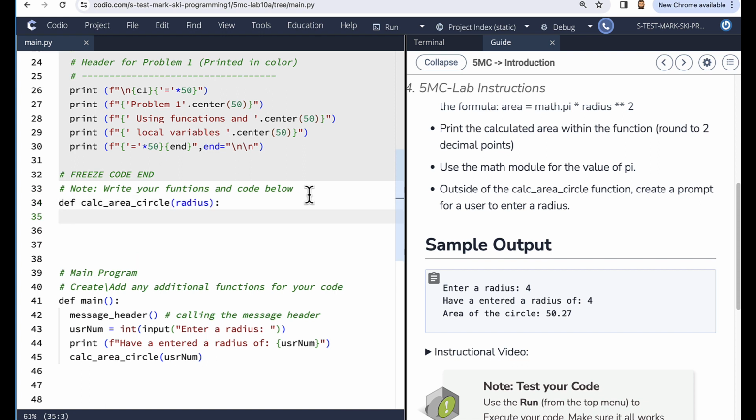So we're declaring a function, and real quick, this is our function name, which we're calling from here. This variable that we are utilizing is getting passed here, and the variable radius then is going to be a local variable for this particular function